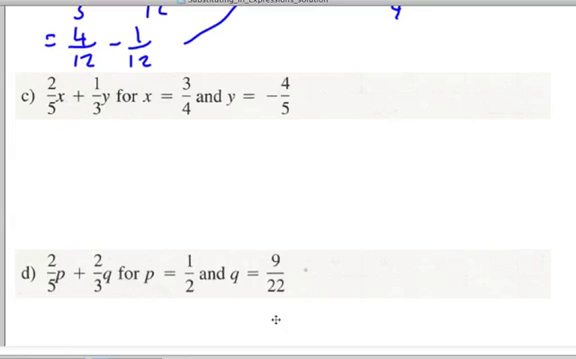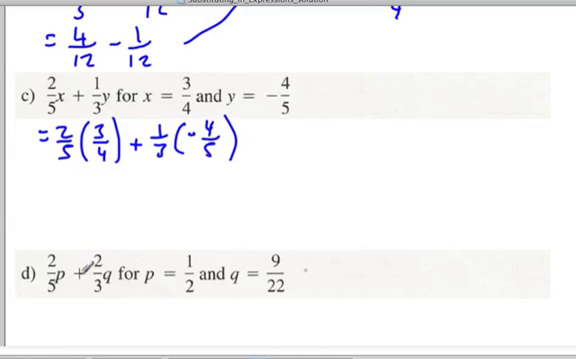Okay, next question. We have 2 over 5, and in brackets we put 3/4 for x, plus 1/3 times in brackets negative 4 over 5. Simplify where we can. 2 goes into itself once and into 4 2 times. So this is equal to 1 times 3 is 3 over 5 times 2 is 10 plus,